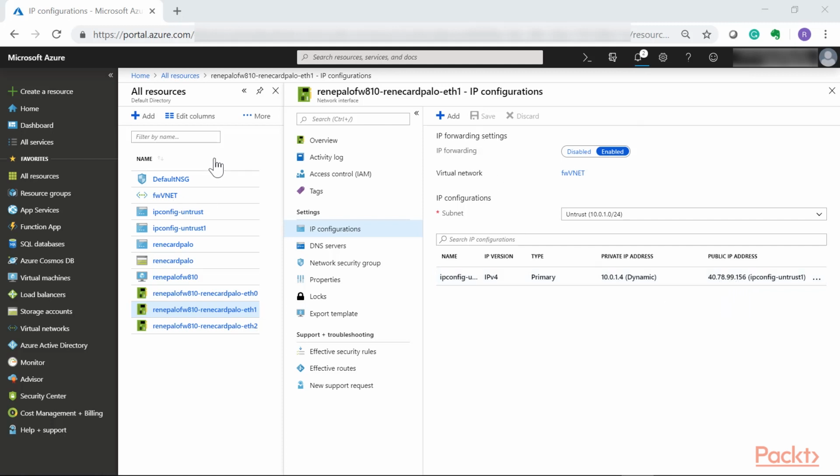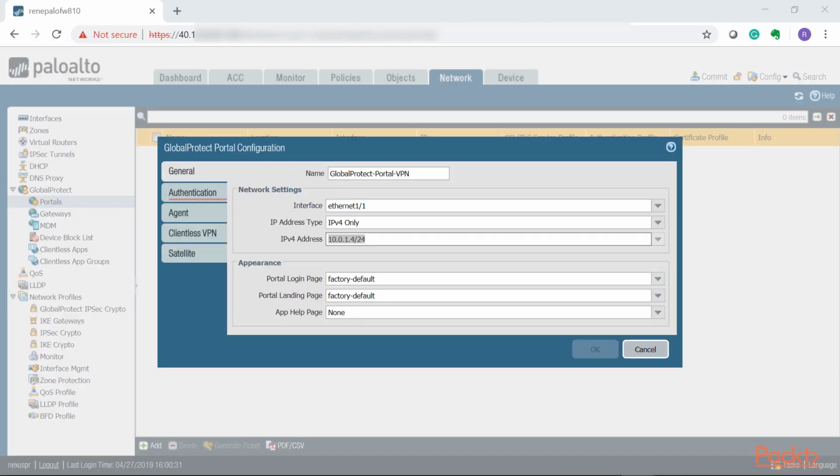This is a very good way to deploy a firewall in the cloud. You just basically deploy either pay-as-you-go at Palo Alto, or you can bring your own license and you can deploy the Palo Alto on the cloud. I just want to show you this as an example of what I am doing to present this section, and have a true testing environment so we can know that from the outside we can definitely reach the GlobalProtect portal. Okay, so now that you saw that the private IP is actually attached to a public IP,